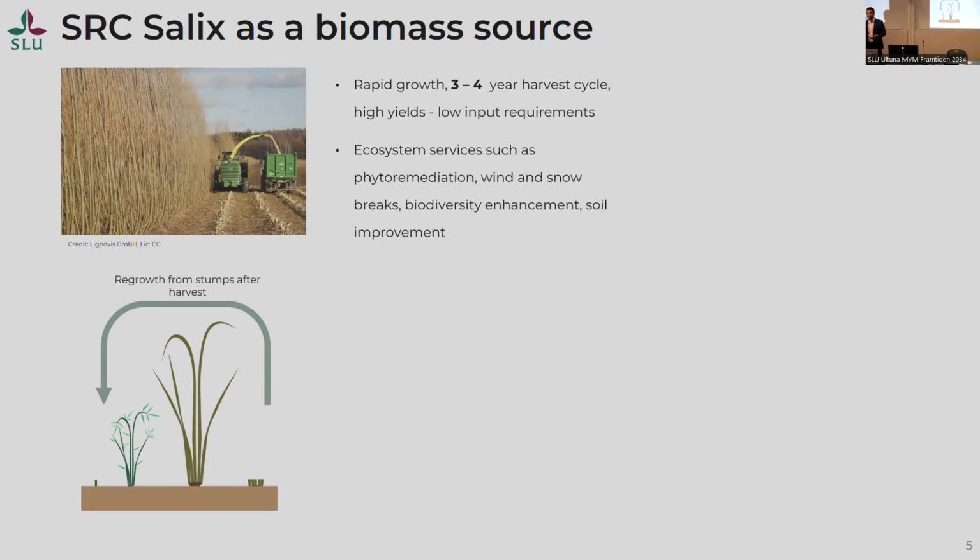They can be harvested every 3 to 4 years. They provide high yields and have low input requirements. So on paper, or in theory, they are a very profitable or very effective source of biomass. And moreover, they can provide ecosystem services besides providing biomass, such as phytoremediation, which is removal of heavy metals or pollutants from the soil, provide protection from wind and snow,